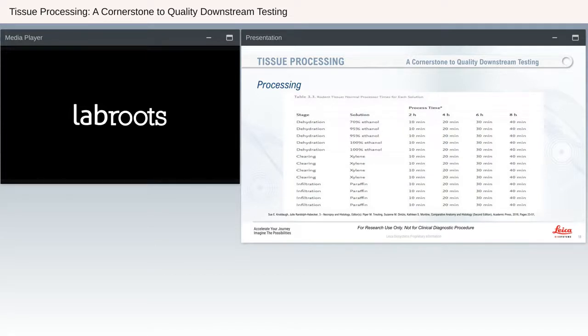Have a little snapshot of the type of protocols that you might normally see in a laboratory. This is very common. You'll see that there's 3 graded alcohols, just 2 absolutes, 3 xylenes and 3 paraffins, which is very common in the laboratory. This slide doesn't include those